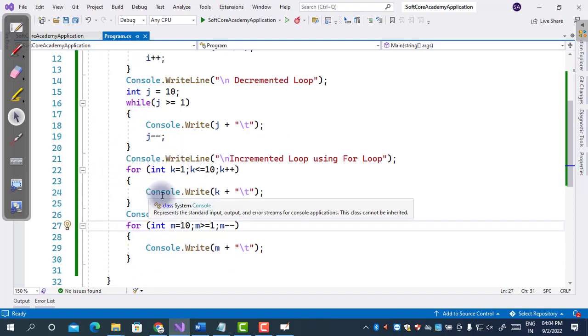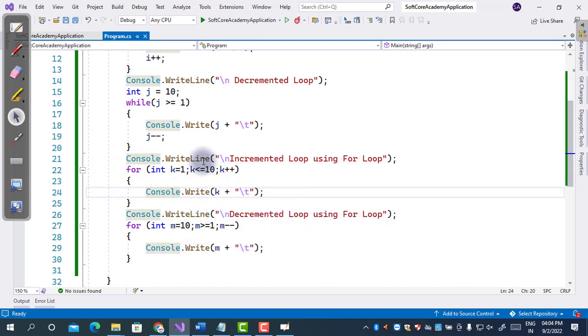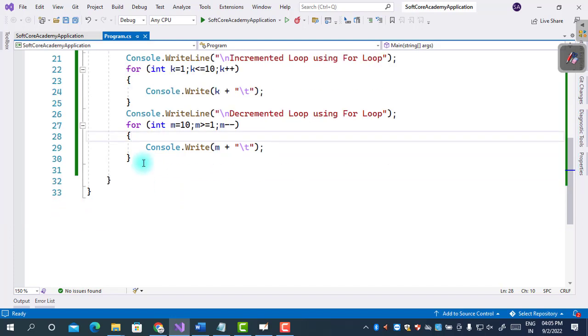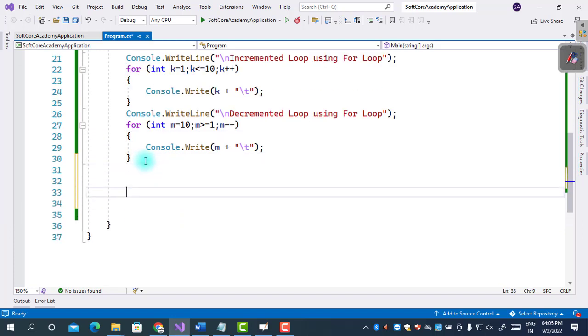In the same way, we can implement the do while. In do while loop, since it is an exit control loop, we will first give the body of the loop, and then the control is transferred to the while loop. While loop will test the condition. On the basis of that condition, the execution of the loop will again start.